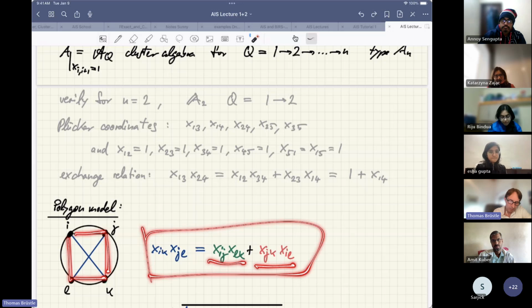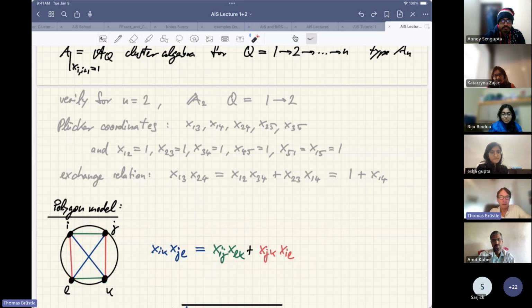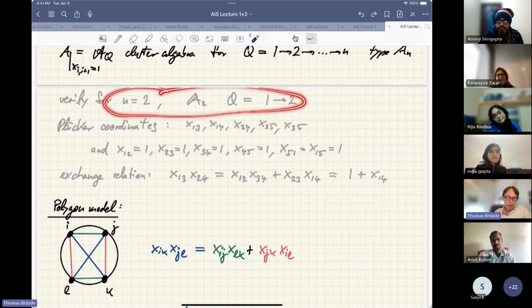This is how I can remember the Plücker relation. This just helps me at this moment remembering the Plücker relation. Product of crossing diagonals equals the products of the variables on the sides of the rectangle. Good. Okay, so now I want to compare this to our cluster algebra